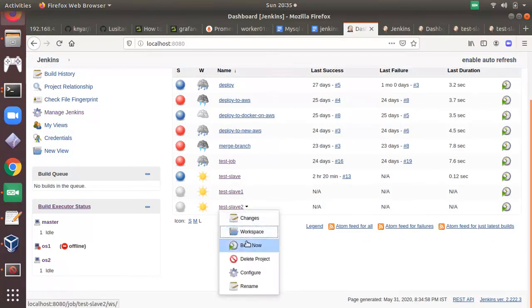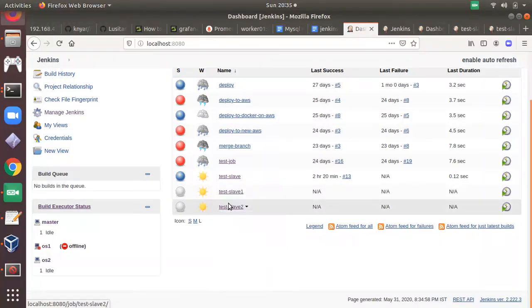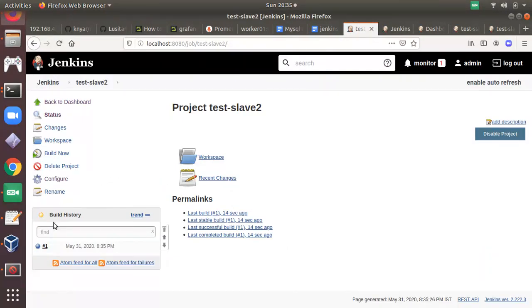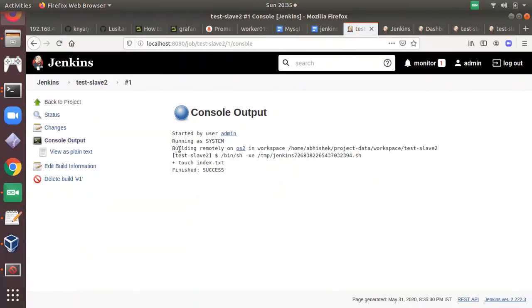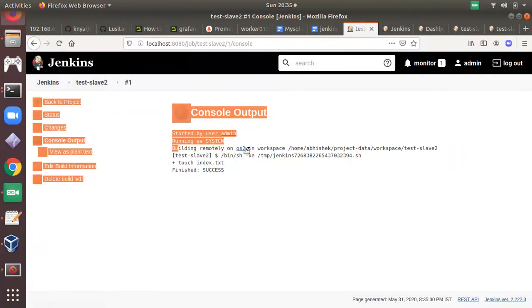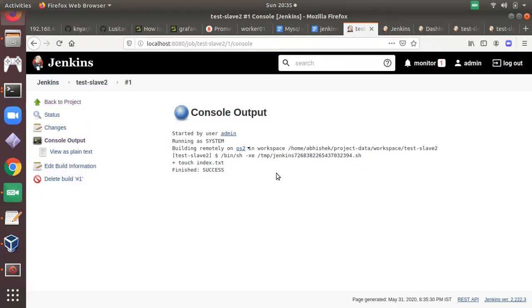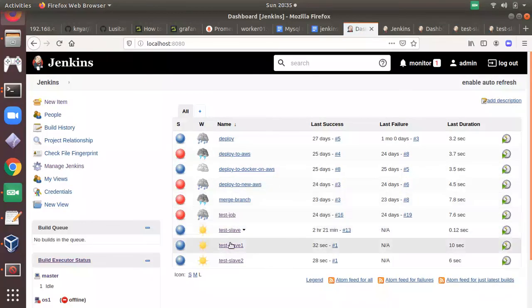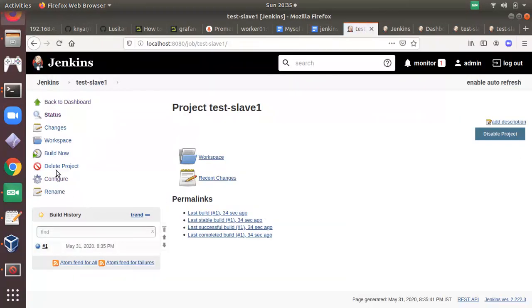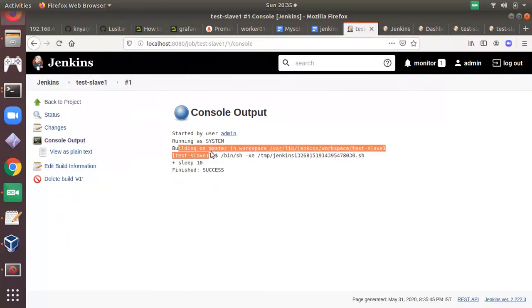So let me go to this, and if we check the console output, it is showing that it is running on OS2, which is our slave node. And if I go to our test slave 1 and console output, it's showing that it is built on the master node.